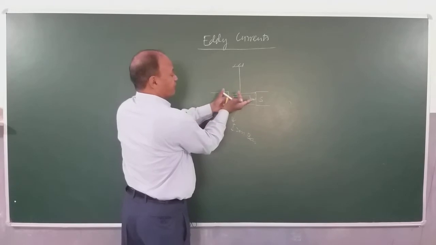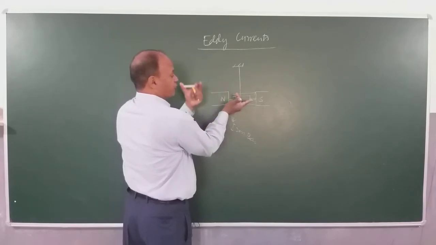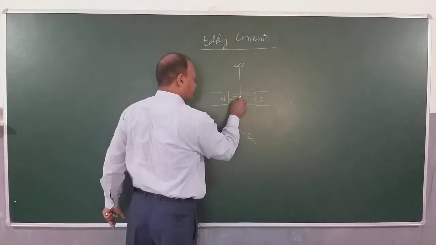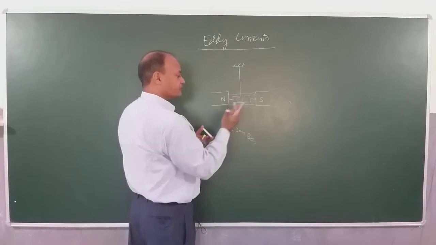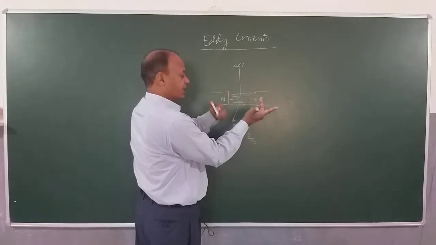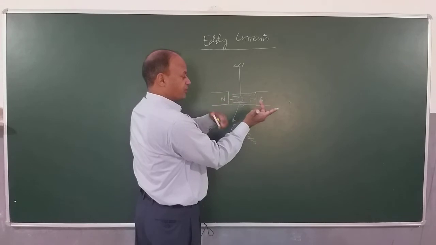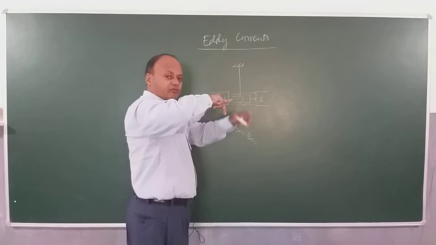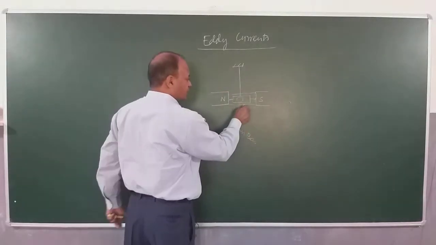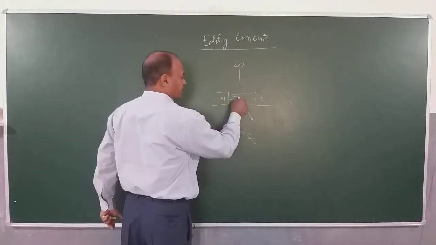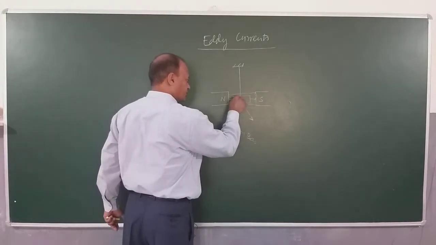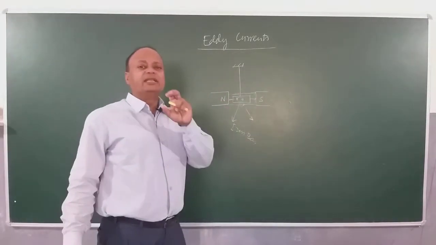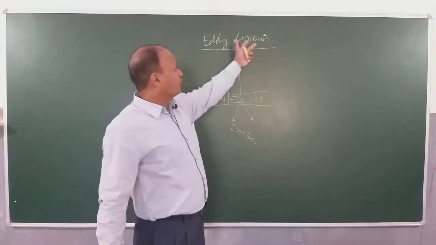When the current will be following a path like this, this will be clockwise. What will be the path here? Clockwise. Means current will be like this, anti-clockwise. So when it is coming out, the current is anti-clockwise. And when it is going in, the current will be clockwise, right? So when it is coming out like this, then the current will be anti-clockwise like this. This is how the current will be driven. So these currents flow on the surface of the metallic block, and these are irregular currents. We call them eddy currents.